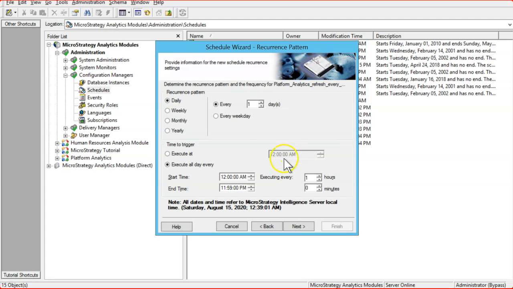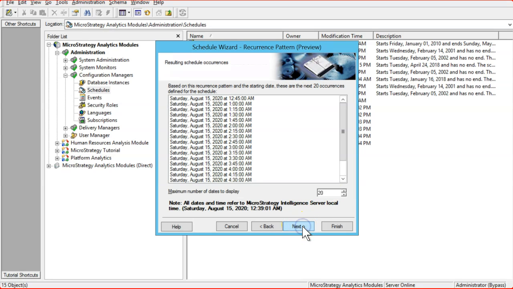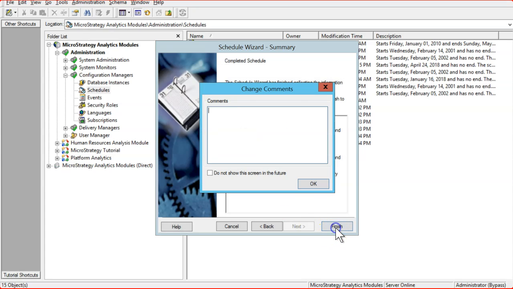We are not doing that, we need to execute it every 15 minutes. So I'm going to execute all day, and every one hour. No, we don't need that, we're just going to change it to 0 hours and every 15 minutes. Let's click next, and I'm going to finish it.